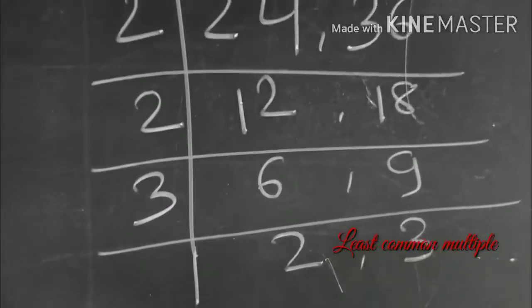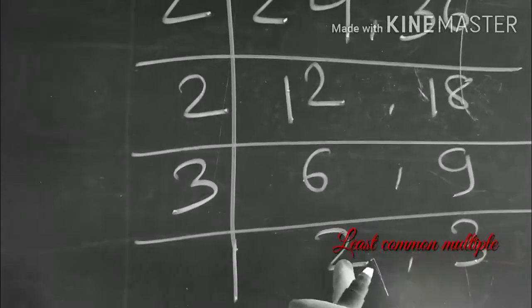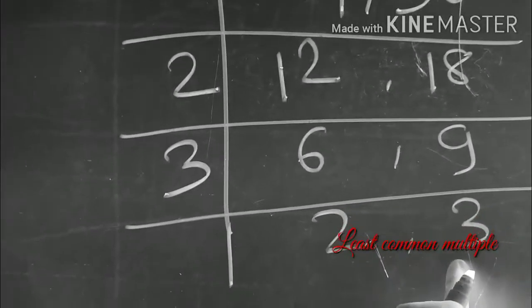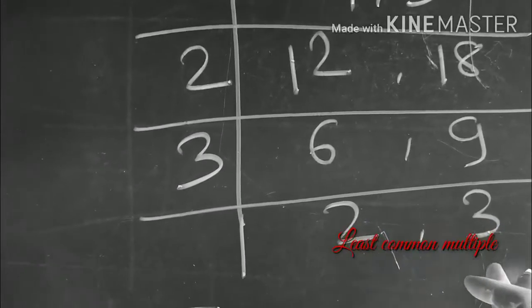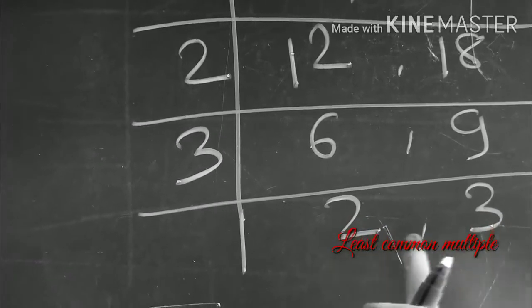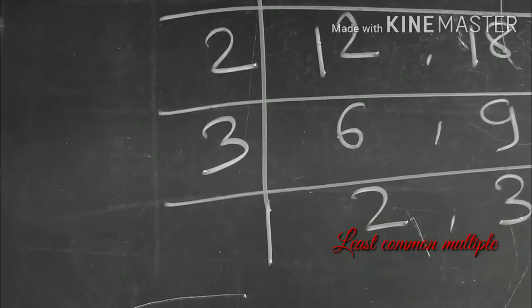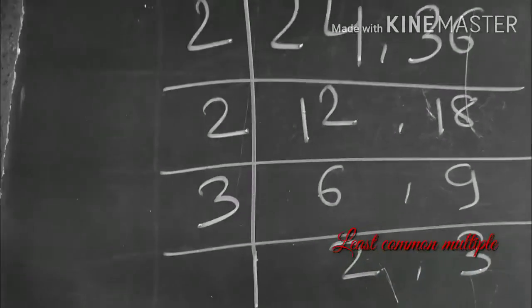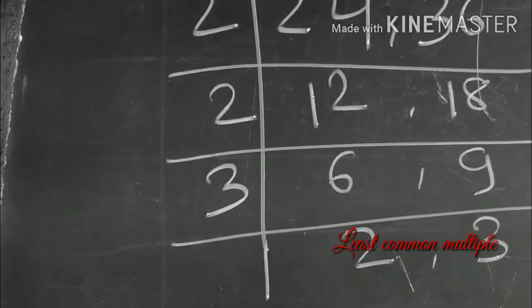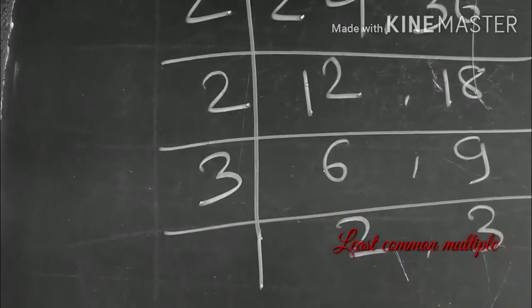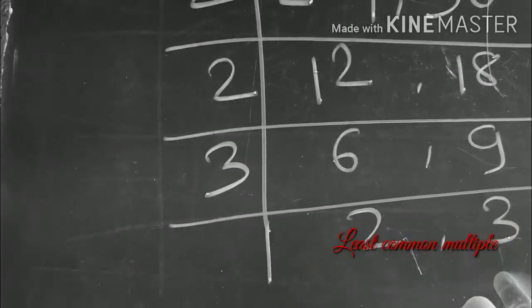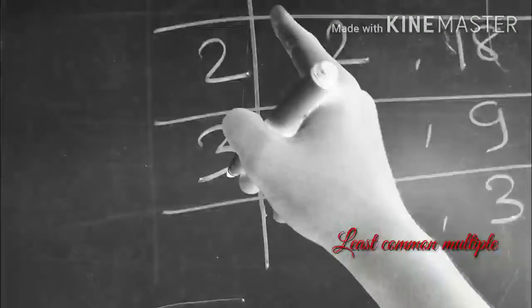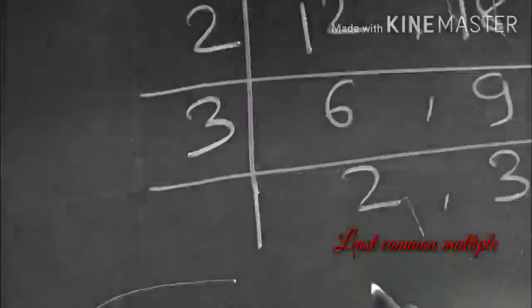Now again we come back to 2. 2 divides only one term but not 3. If we go to 3, only one term is divisible. For the LCM we need at least 2 terms to be divisible, then we move to the next term. So here it is not possible for 2 terms. So all the remaining terms we have to multiply.